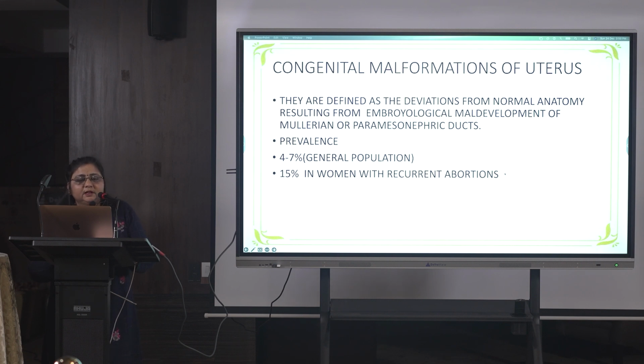Now coming to the congenital malformations of the uterus. They are defined as a deviation. I'll not go into theory, I'll just move on. They are defined as deviations from normal anatomy resulting from embryological maldevelopment of Mullerian or paramesonephric ducts. Prevalence of the malformed uterus is 4 to 7% in the general population and 15% in women with